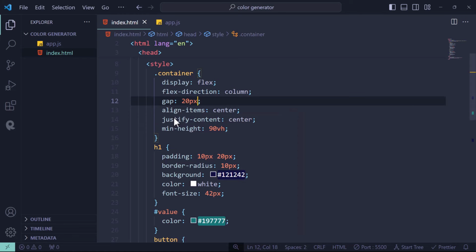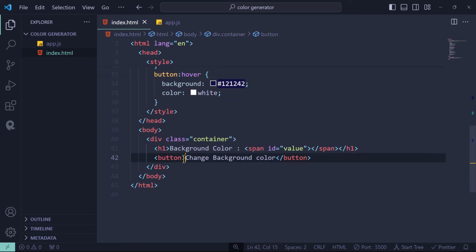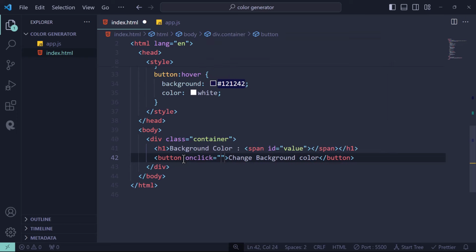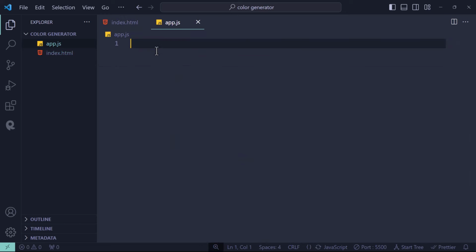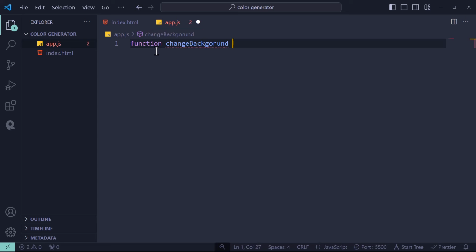Now let's write our JavaScript code. On click we have to call a function which is changeBackground. So we have to write this function inside the JavaScript file. We'll create a function with this name, changeBackground. Inside this function